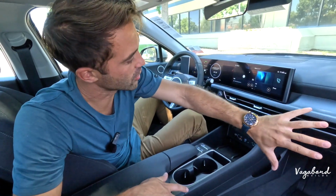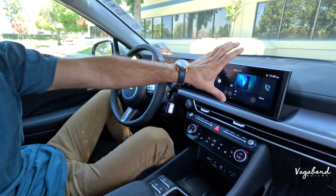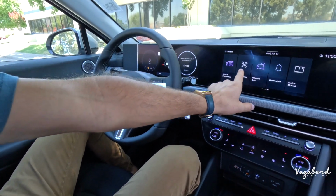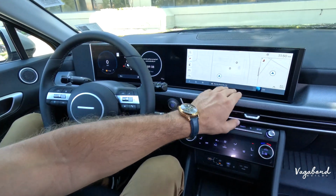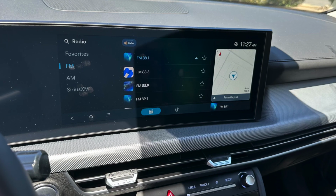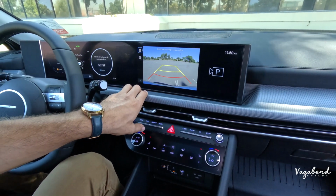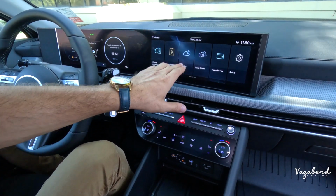But this is the dashboard with the tech screens. I even love the placement and the shape of the tech screens better, with the infotainment screen interface a whole lot different. It feels way richer with regards to that interface. This is what your screen looks like. It actually has a curvature towards you. Come back home, go ahead and press the camera. This is what your camera shows, a whole lot clearer vision too on that camera. Just love that. And then coming out of that, you could actually go through your weather and so forth